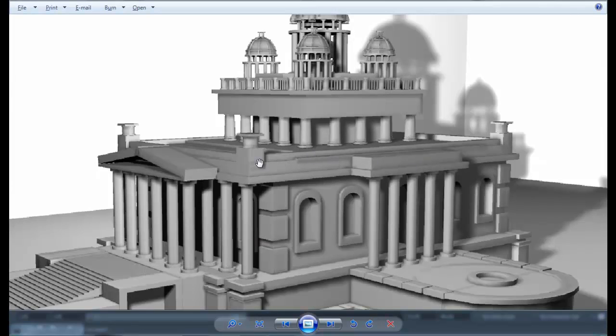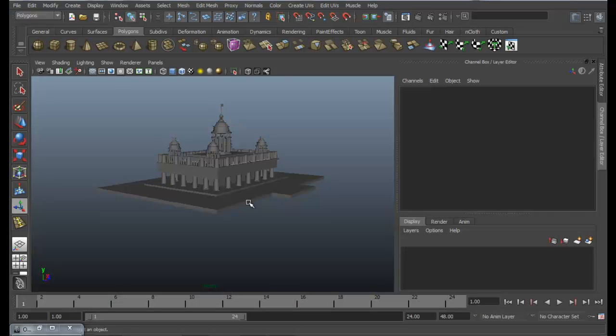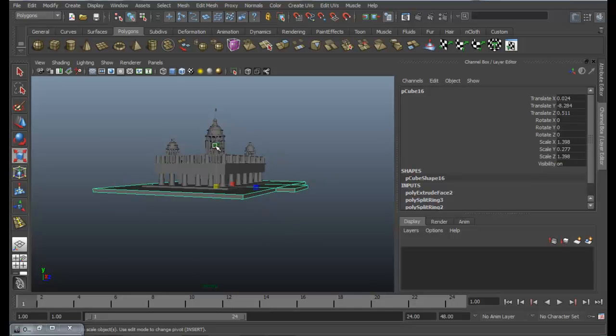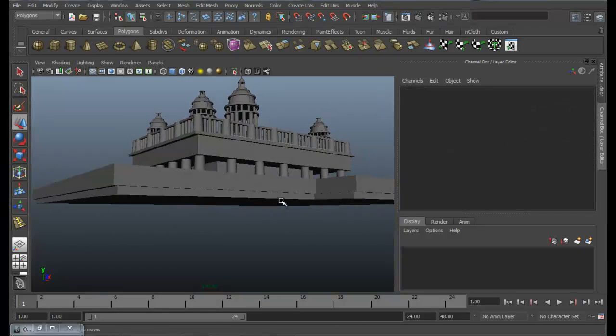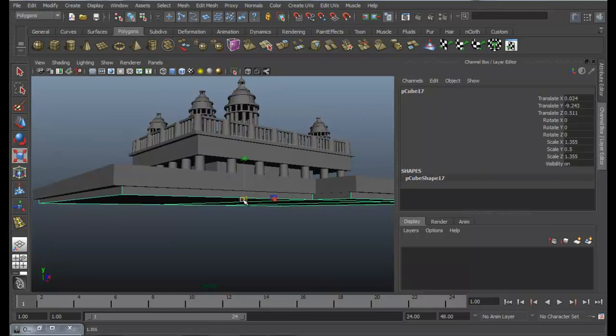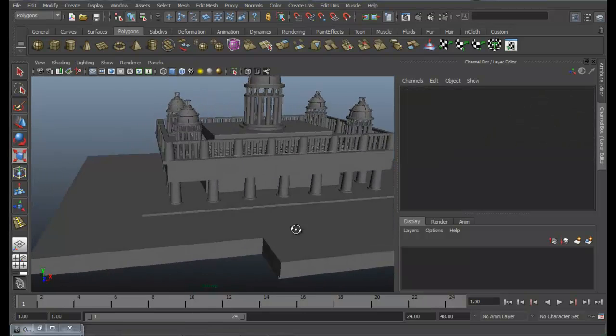I think it's a thicker one, so just increase the size, and then once again duplicate it, then scale it down. That's good. Okay.